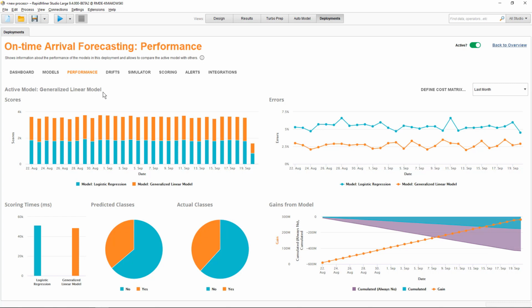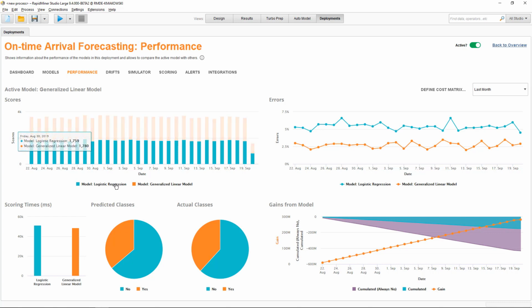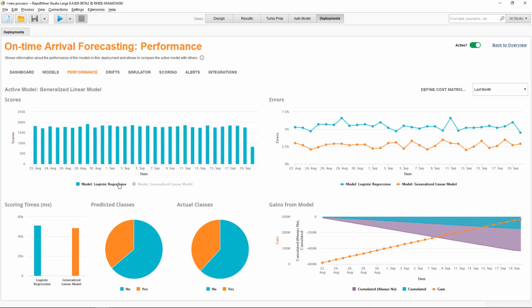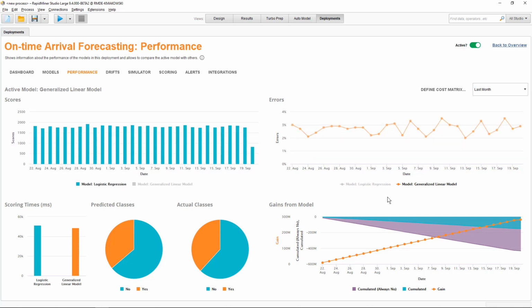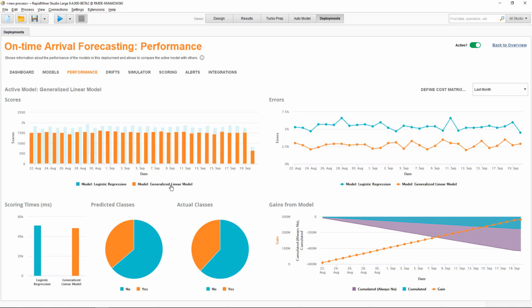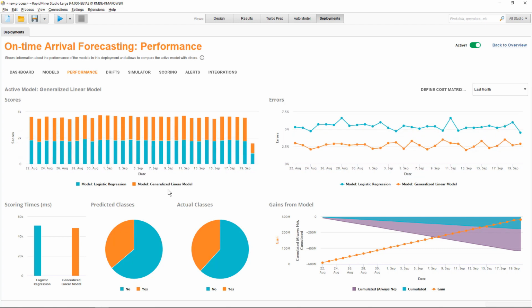Let's start at the top here where you see the currently active model of this deployment. The chart below shows the total number of scores for the active and challenger models, and right next to it, you can see how each of the model's error rates have been changing over time. In case the rates increase over time, you should keep a close eye on them and consider updating or replacing